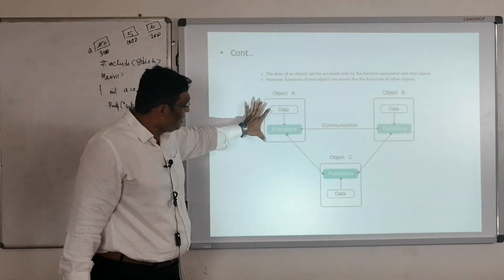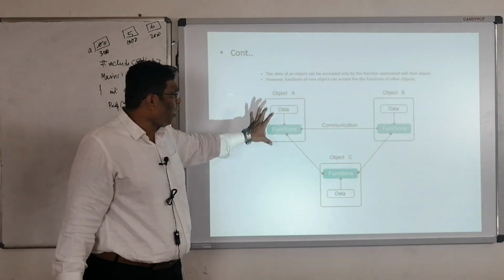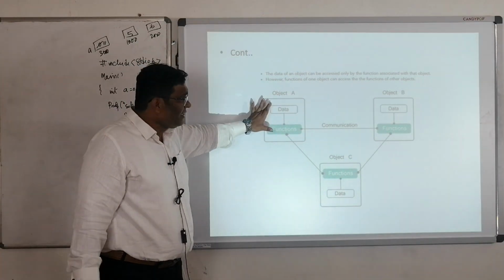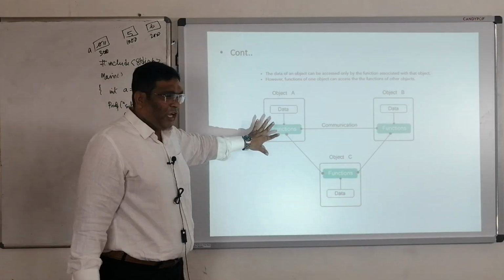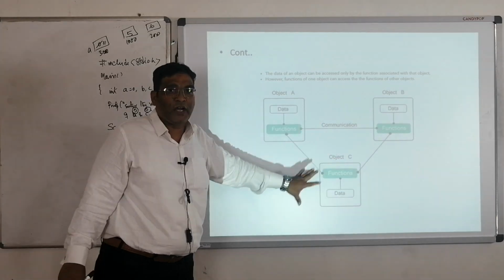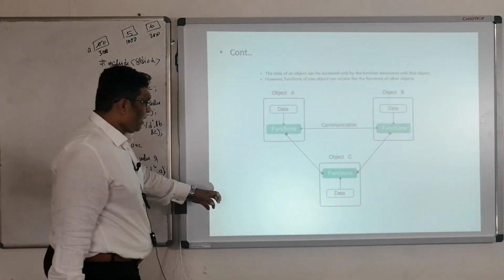See here, these objects are all designed and they are used somewhere also. Yes, I can use this object somewhere. What does that object have? A function and a data. In order to get the data, I need to get to the function. In order to get that function, I need to know what is there in that object. This is all specified here. Okay, this is one slide.